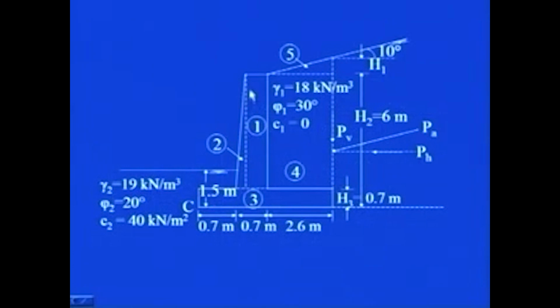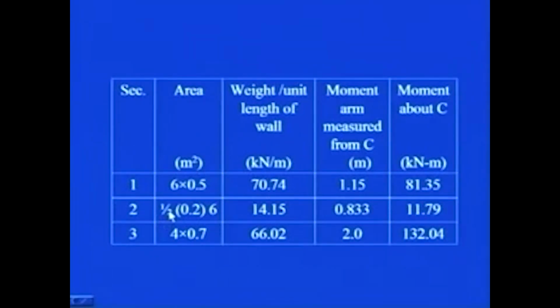Likewise, for sectional area 2, which is this small triangular part, you simply find out the area, that is half into 0.2 into 6, and then simply multiply by the unit weight of the concrete in this area, and you will get the weight per unit length of the wall. Then the moment arm you can find out, it is 0.833 in this case. You multiply this weight per unit length of the wall by this moment arm, and you will get the moment